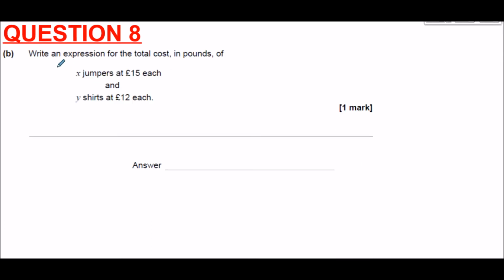Part B. Write an expression for the total cost in pounds of X jumpers at £15 and Y shirts at £12 each. Now it's a 1-mark question, but these questions can read quite confusingly because it doesn't really make sense. You'd never go into a shop and buy X jumpers. You'd never go into a shop and buy Y shirts. You'd be using actual numbers, wouldn't you? So to put it into a more real context, first of all what I'm going to do is just show you a table so we can just think it through